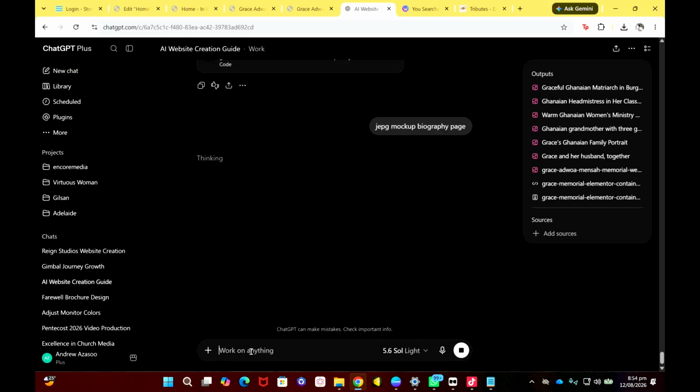I like letting it create its JPEG, right? For me to see if this is what I want before I come back to ask it to create the Elementor template for me. Okay, it's not creating the entire site, it's just creating the pages for me. And once the pages are created, I load it. So I don't have to go and be buying templates